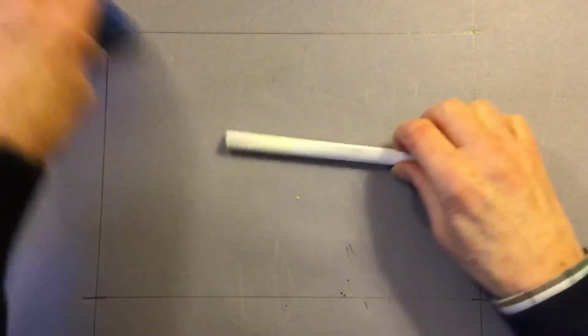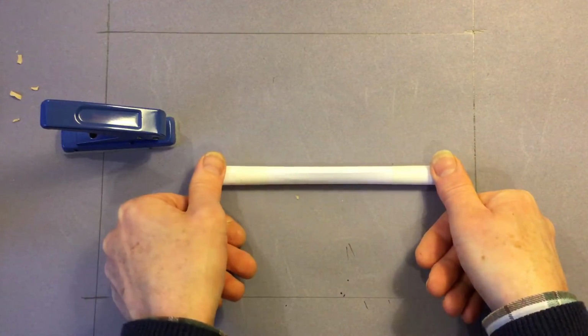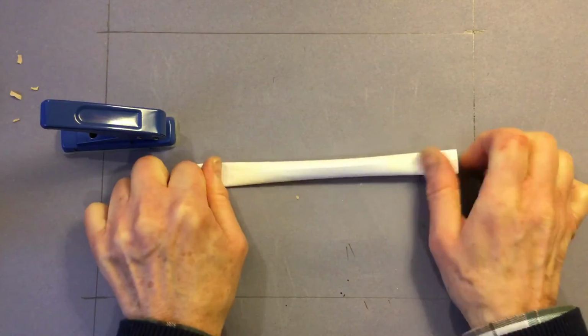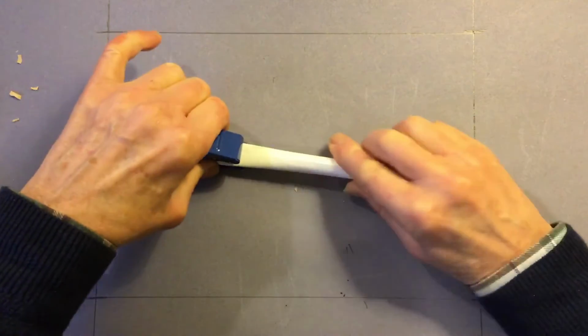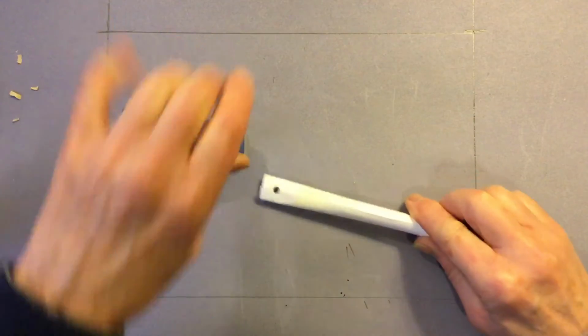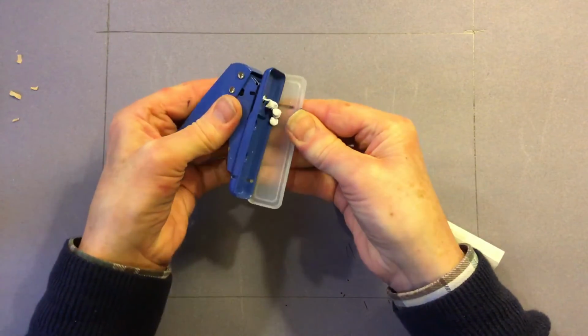So let's punch it. Same as before, you want to squeeze both ends, squash both ends at the same time. Do that sort of thumbprint, fingerprint thing if you can. In goes. There. Now that got stuck for a minute in there, and the reason for that is we're now